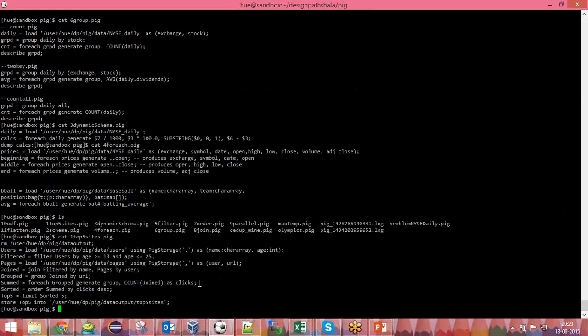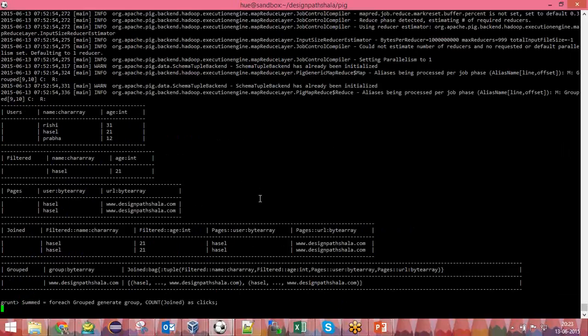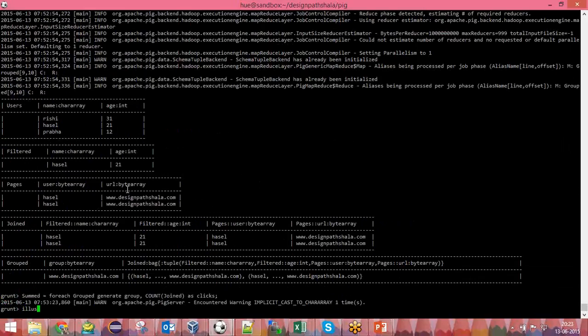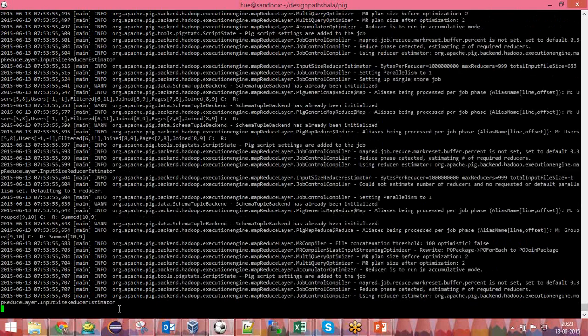And the next step, what I want to do is count. Now if I say illustrate sum. So now this statement will also make sense for you. For each grouped, generate group, that is the URL, generate group, comma, count joined. And joined is nothing but joined. So this is named as joined, as I told you. Count joined as clicks and name this column as clicked. So if I say illustrate,